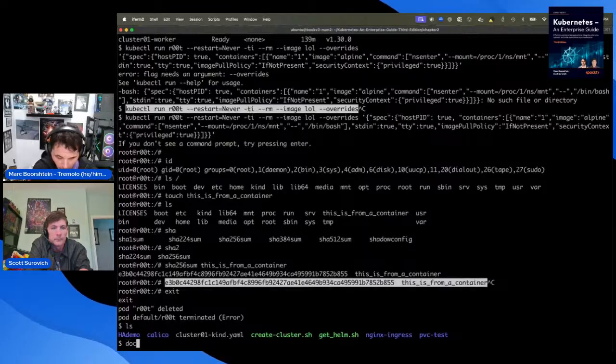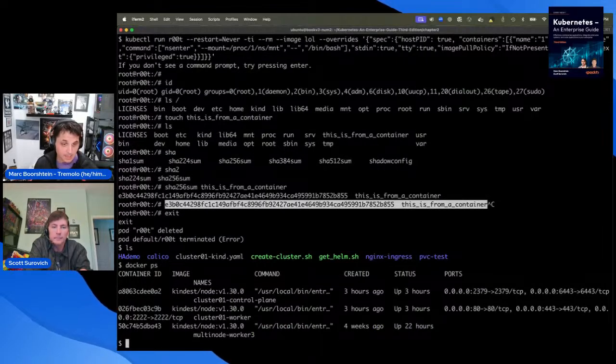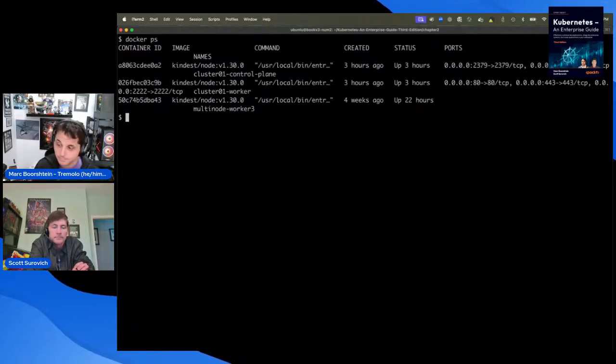All right. So now because this is kind, our node is actually a container, right? So our node, am I in the right place? You've got to exec into it now. Okay, I got myself confused.